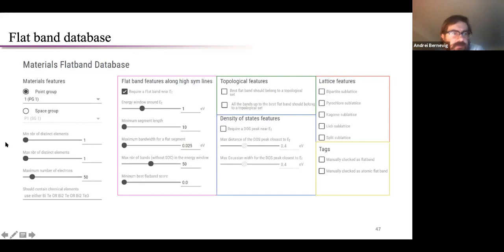And you can of course then build a database, which you can find here, where you can have all these features that you can look for, flat bands, and you can even look for the lattice features, which materials have the lattice. So you can play around and find out. Again, it's very slow, so really playing around doesn't work, but playing around with a purpose does work.